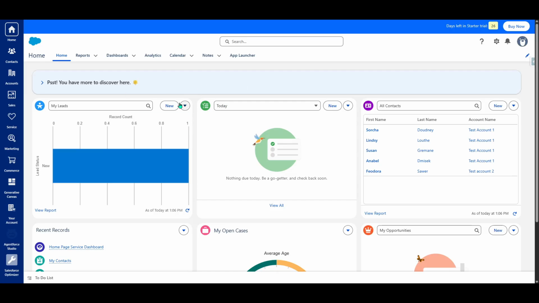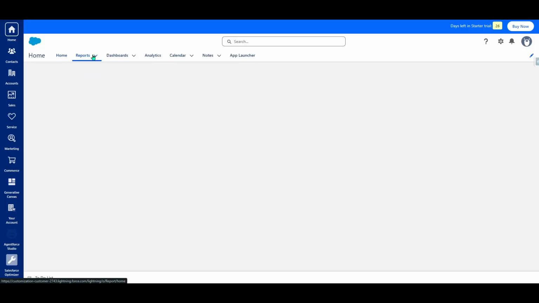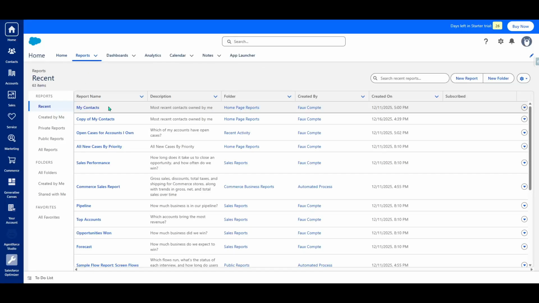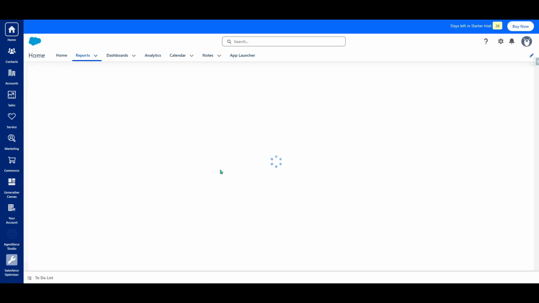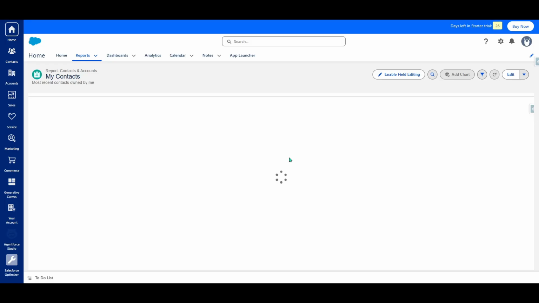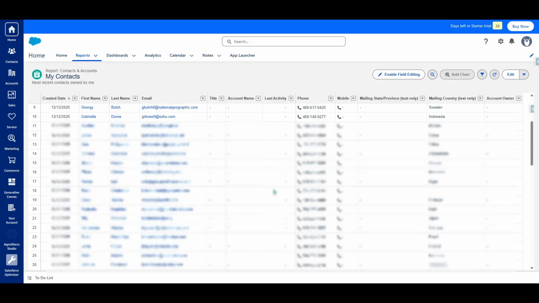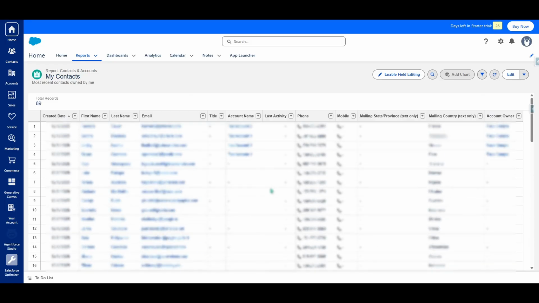Start by opening the report you want to share. Make sure it's the exact one your audience needs, with the right filters, date ranges, and columns. The report will be shared as it's currently configured, so a quick review now can prevent confusion later. If you're summarizing data, check that groupings and totals look correct before you move on.